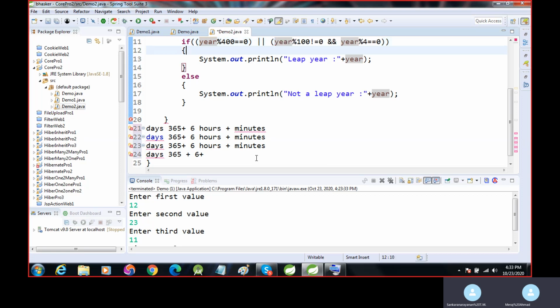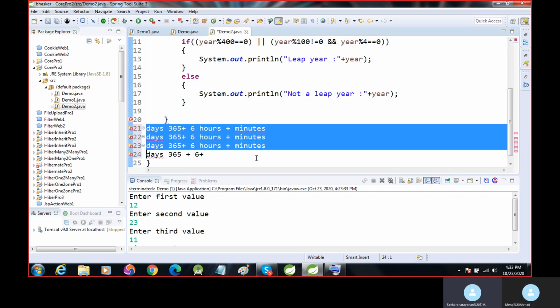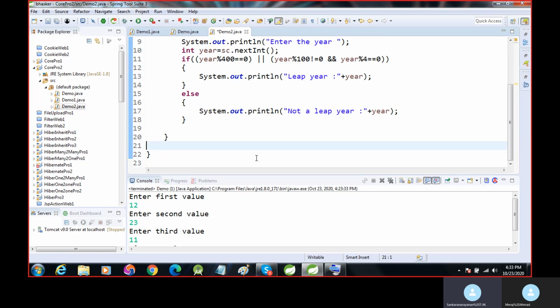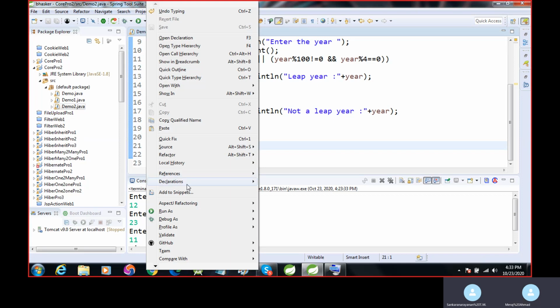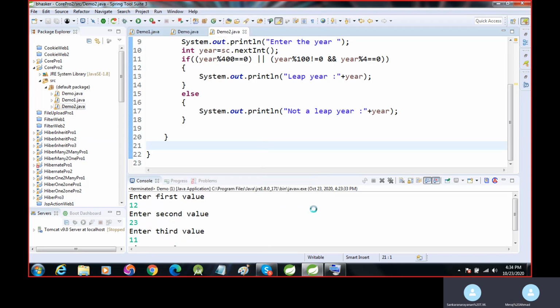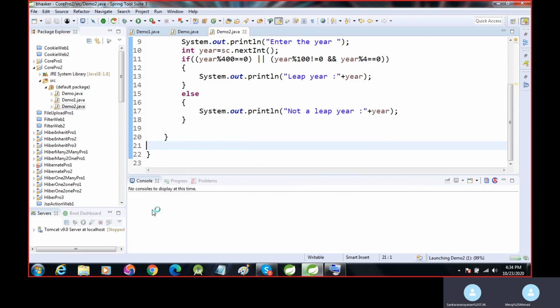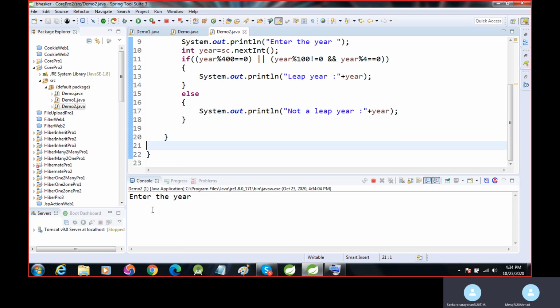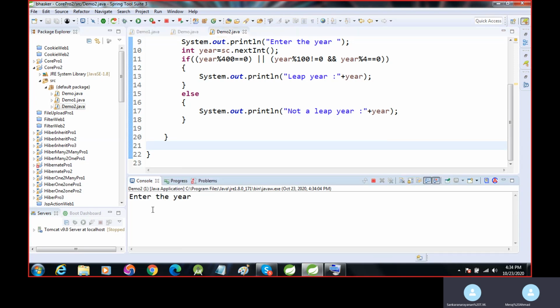So you can see the example. I want to execute it. Like 2000, it is a leap year.